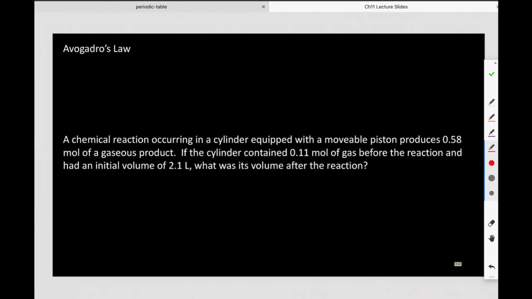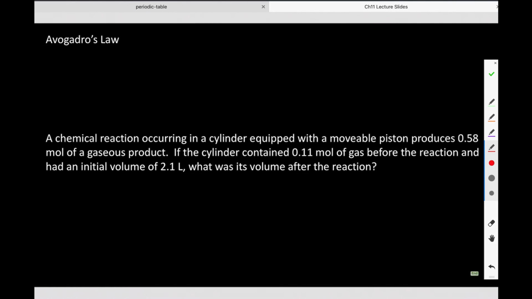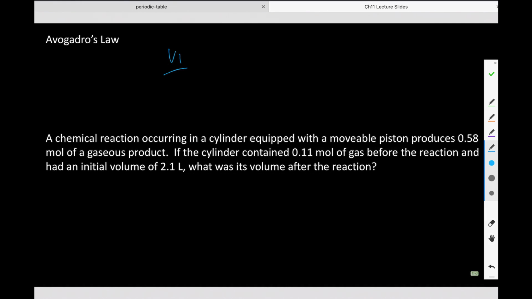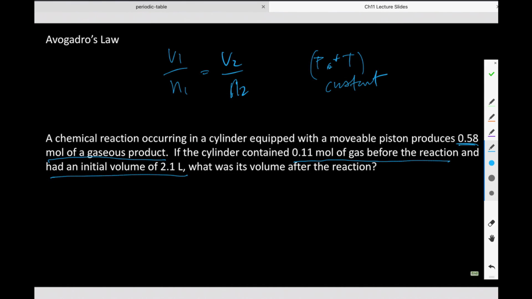Avogadro's Law. All right, so this one is the relationship between volume and moles, right? So V1 over n1 equals V2 over n2, right? And again, this means that P and T are constant. So, a chemical reaction occurring in a cylinder equipped with a movable piston produces 0.58 moles of a gaseous product. If it contains 0.11 moles before the reaction and had an initial volume of that,